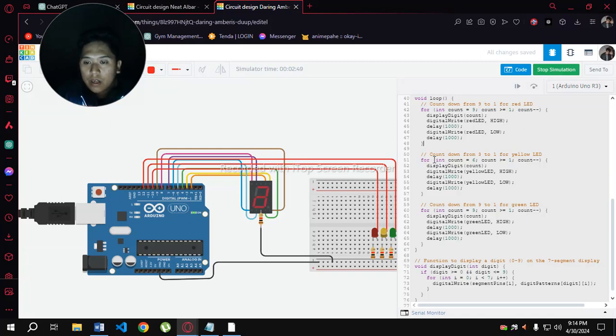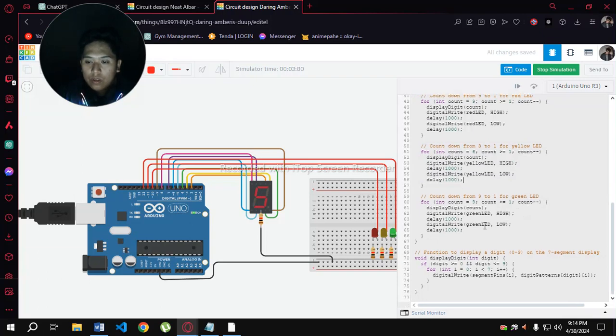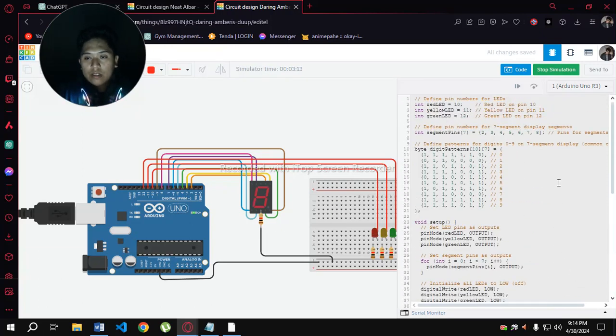As you can see here, and this code is for the yellow LED. It will count from 6 to 1. And for the green LED 9 to 1 also. And this is the function that we use to display 0 to 9 on the 7 segment display. Right here, as you can see, to display all the 7 segments. So that is all our code.